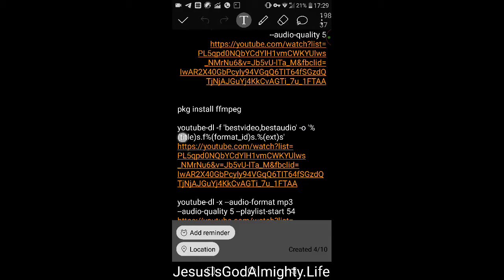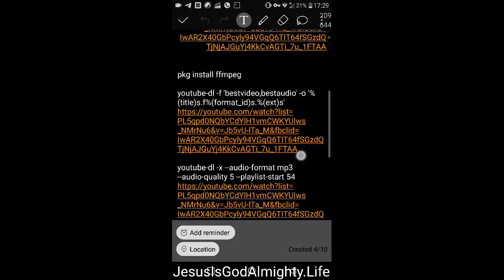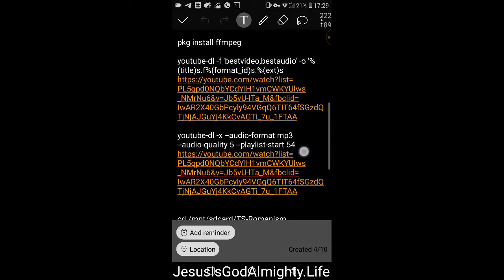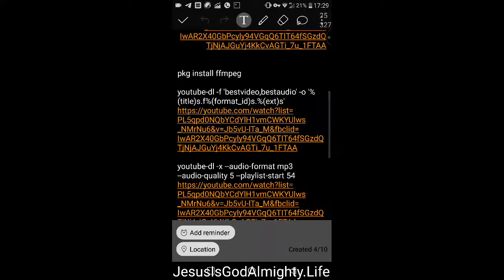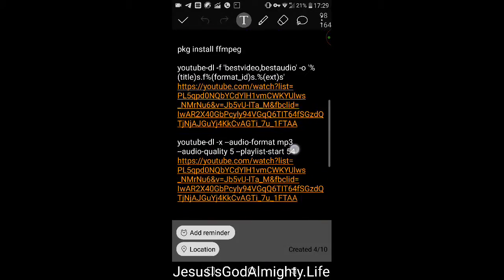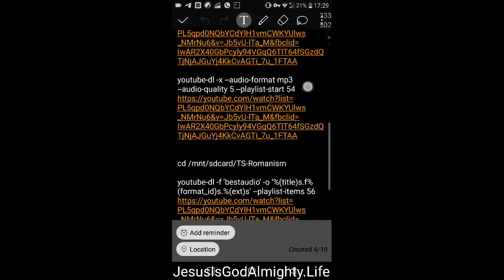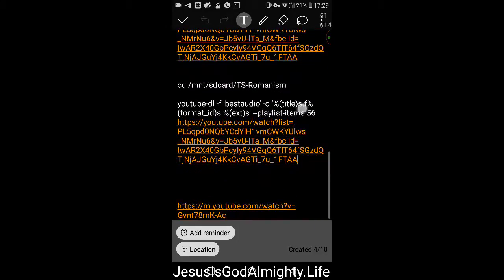Not sure what that's for, but if you take best audio video out, if you use this command, it will download both the video and the audio, but it won't mix it together. So if you just want the sound, to keep space on the mobile and so forth,